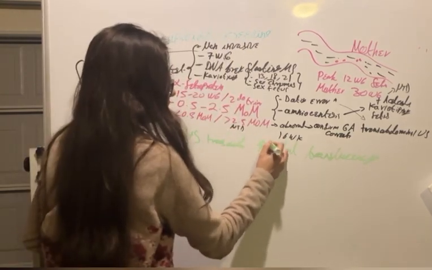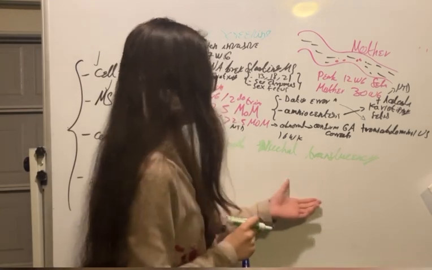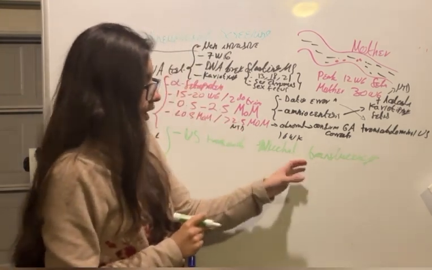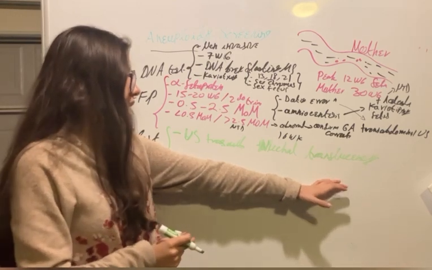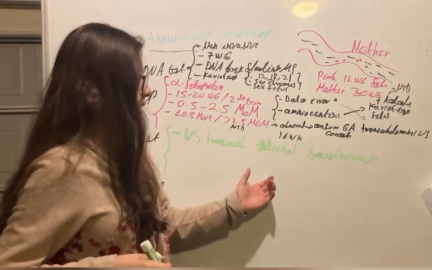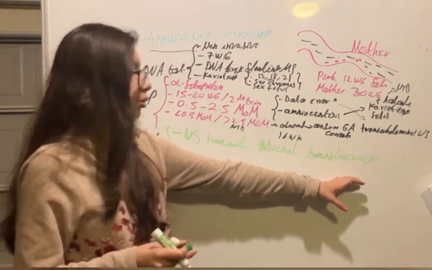This is one of the highest or most relevant characteristics of Down syndrome, for example. So this is an ultrasound to evaluate anatomical structures,